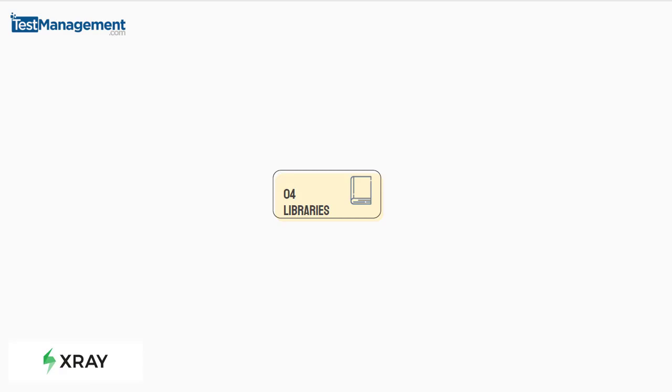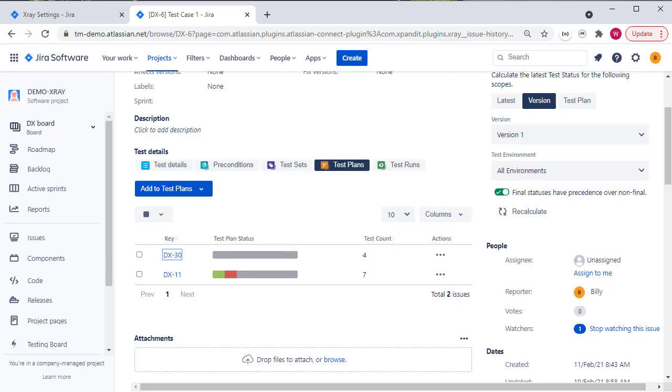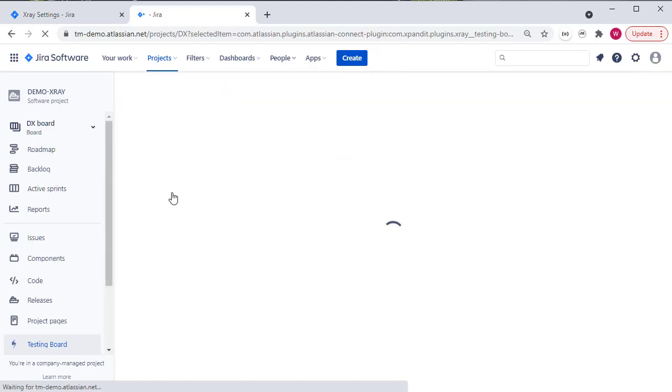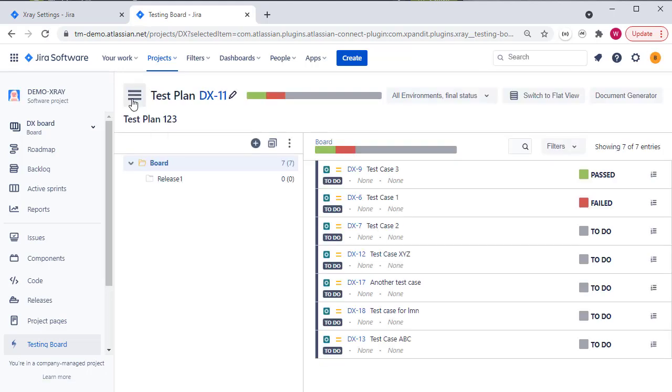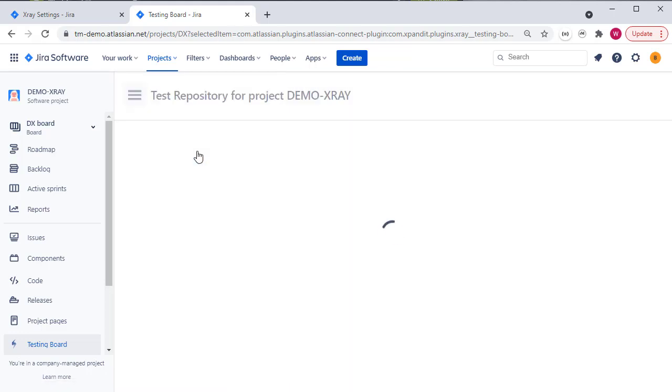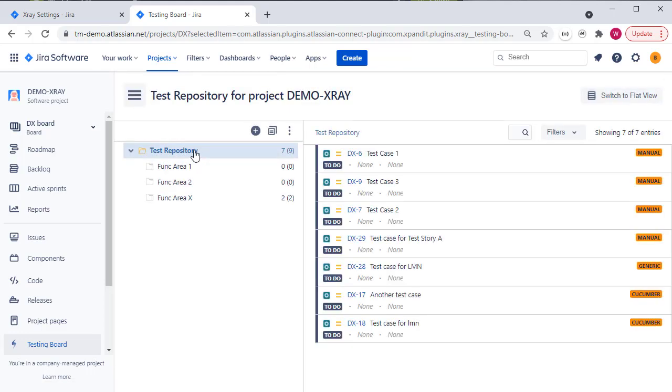So next up then, how does Xray handle test case libraries, or rather that repository of test cases that you want to reuse across test plans and test executions? If we come across to the navigation panel here and select testing board, the testing board in Xray gives us two key views as we develop and build out our testing capability. The first is the test repository, which is our library, and then the list of test plans. What we're looking at then is that repository or library of test cases, and we can divide this up by folders and subfolders,